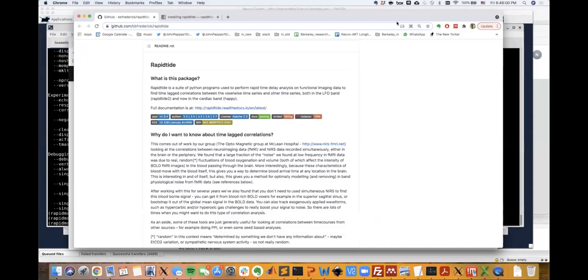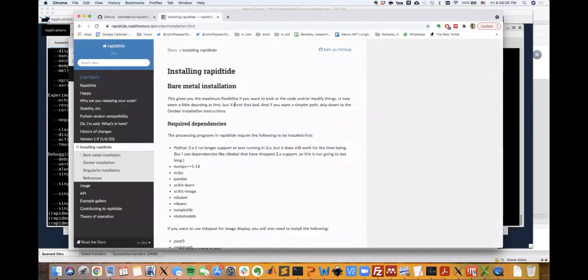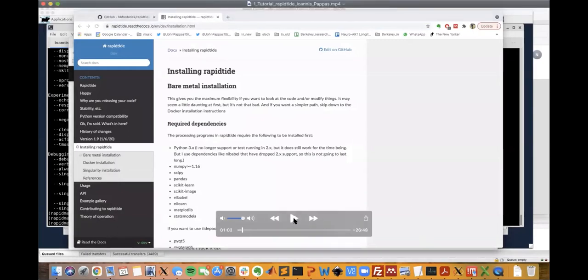This version heavily depends on Python 3 with some extra dependencies that you can see in the documentation. The way that I prefer doing this is first to create a conda environment and install RapidTide and all its dependencies there. There are alternative ways, for example, Singularity or Docker, that you can also find information for in the documentation. Okay, given that your installation is successful,